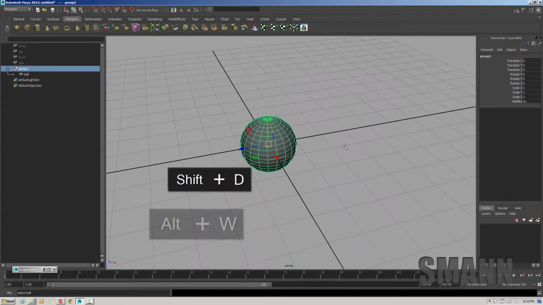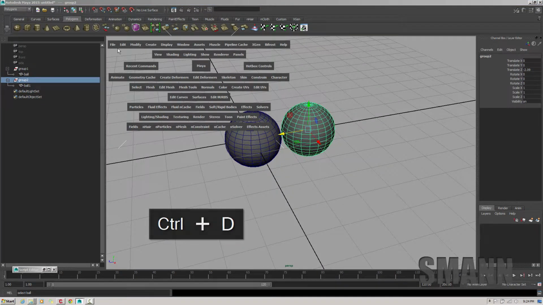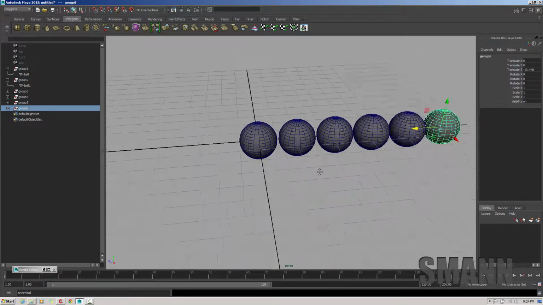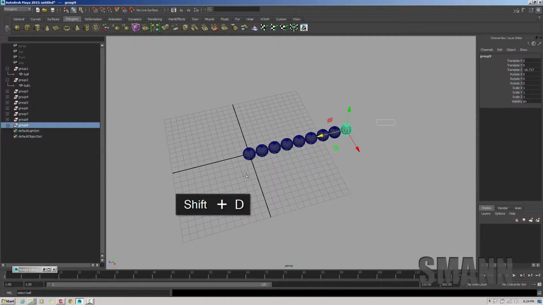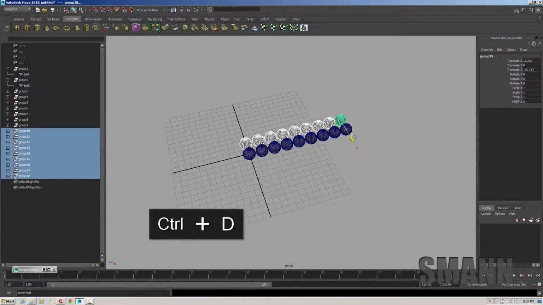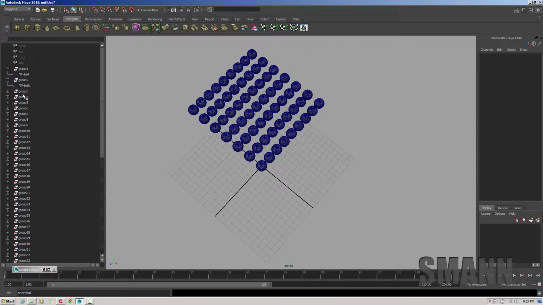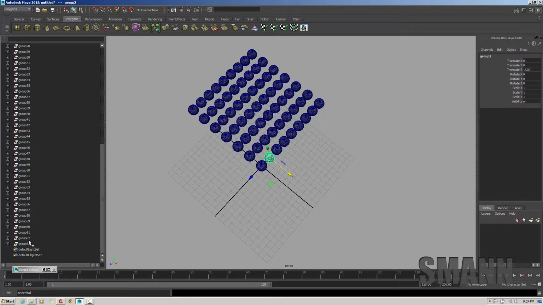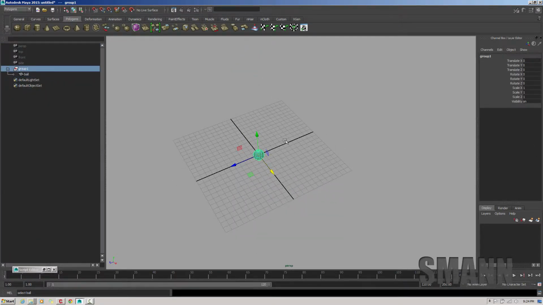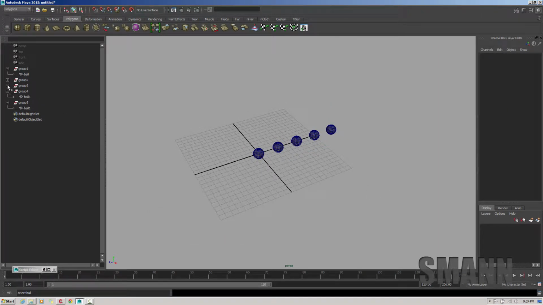Now the other thing is you have this thing, which is duplicate with transform. And I use this a lot, which is Shift D by default. It's super handy. You can just grab a bunch of objects, duplicate them once, slide them over, do anything you want there, and then Shift D and make an array of them. Now the problem is that duplicate with transform has the exact same issue that our normal duplicate has, in that it doesn't have that